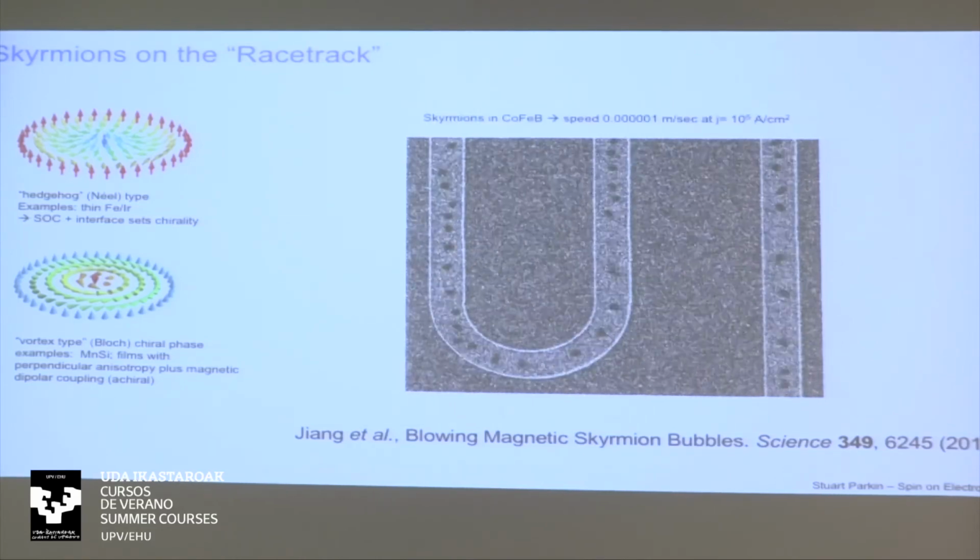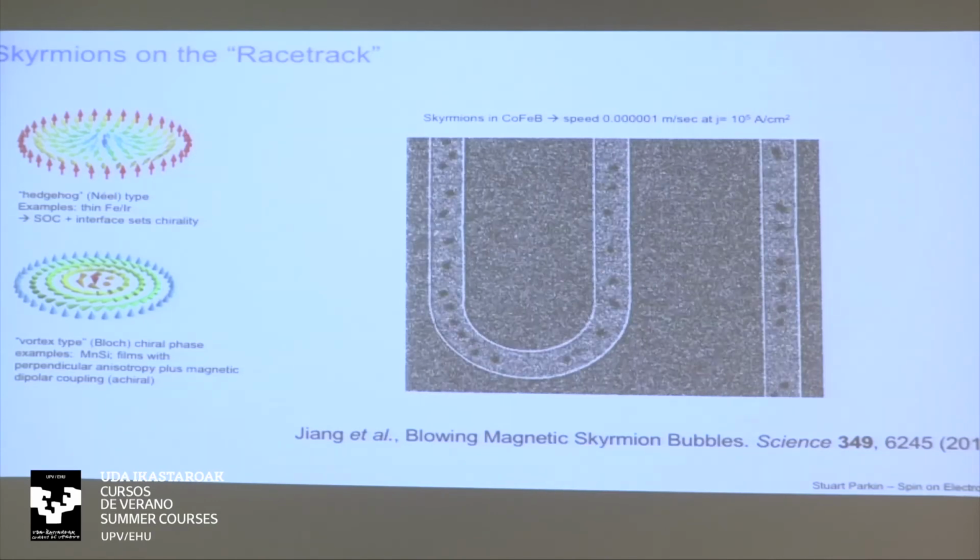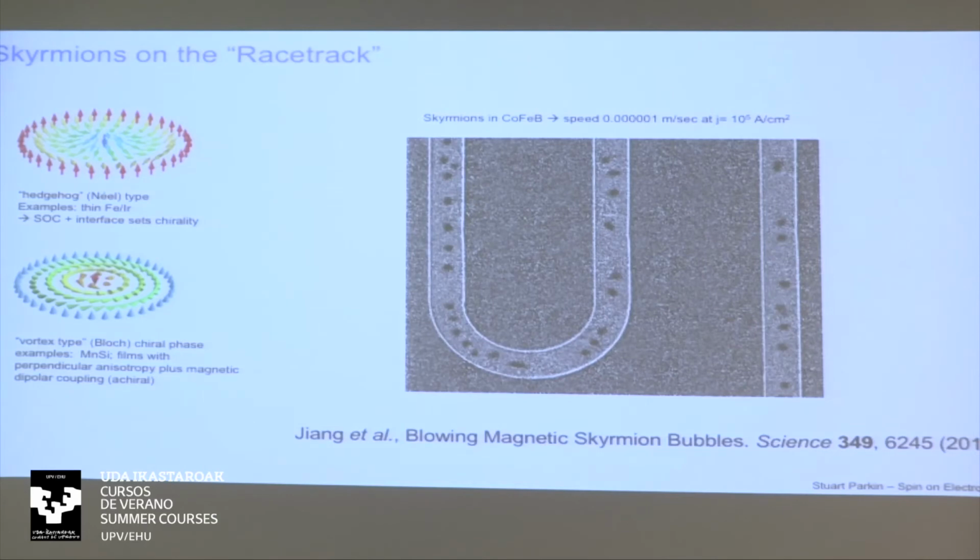But of course, I like to say, well, they're actually moving incredibly slowly. They're moving at speeds of 0.000001 meters per second, with current densities of 10 to the 5 amps per square centimeter. So in the skyrmionic community, people think it's really interesting technologically because they can be moved at extremely low velocities. Well, actually, we can do the same thing with chiral domain walls, and it turns out technologically it's not very interesting. If they move, you don't want them to move until you exceed some threshold current, in my mind. Nevertheless, a lot of opportunity to create new types of non-collinear spin textures